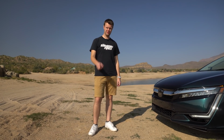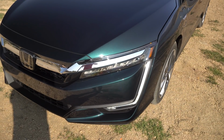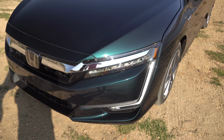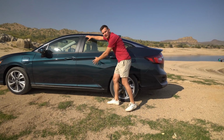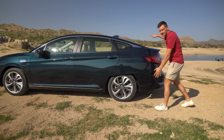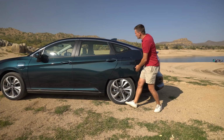Jacob, guess what my favorite angle of this car is? The one you're standing at? Almost. It's this one right here. Yeah, I agree. That looks wicked. It does. You wanna know what my least favorite angle of the car is? The back? I hate the back of this car. Yeah. I feel like the car kind of falls apart here. That's the aero part. Yeah, but maybe if it was a longer hatch,